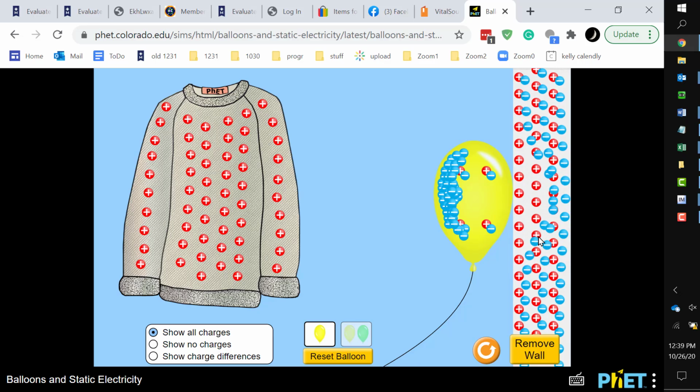Right, so that would be induced attraction. Overall, the wall is still neutral, but that negative balloon has shifted them around a little bit. And this is kind of fun to do on a dry winter day. You blow up a balloon, you rub it on your hair or on your sweater a bit, and you get some static electricity built up on that balloon,